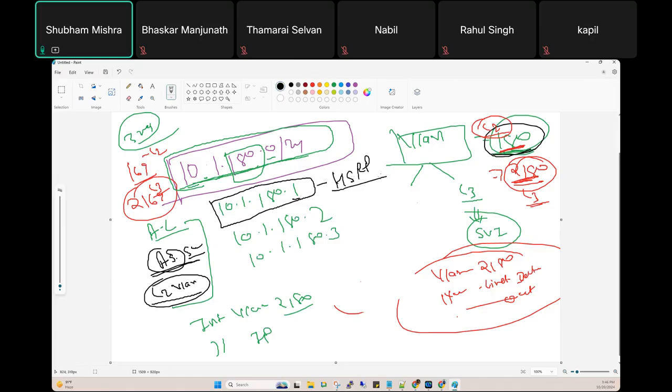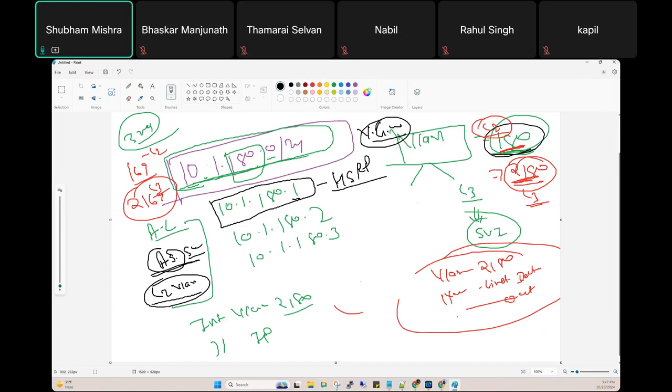HSRP. Getting my point, everyone? What is the use of HSRP? With the help of HSRP, we create the virtual gateway, for failover purposes. For example, in LinkedIn there are 200 users. For all 200 users, you are not going to change the default gateway every time. That's the reason we use HSRP on the DR.